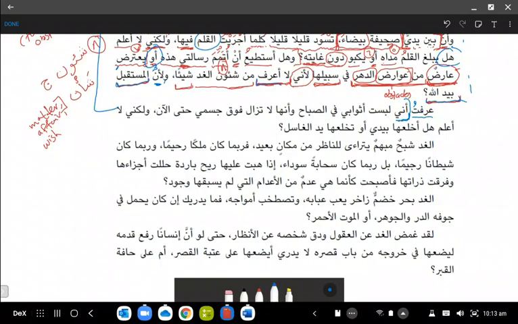Araftu, and then you have this word anni. There is no other way of reading this. The hamza on the top of the alif indicates that this is anni. Sometimes you will see a hamza underneath the alif. This will be inni. But inni is never in the middle of a sentence. It will always be at the beginning of a sentence. So this is definitely anni. That's a combination of anna plus the ya al-mutakallim, or the ya of the first person. So anni, indeed I. So araftu anni, I knew that indeed I.